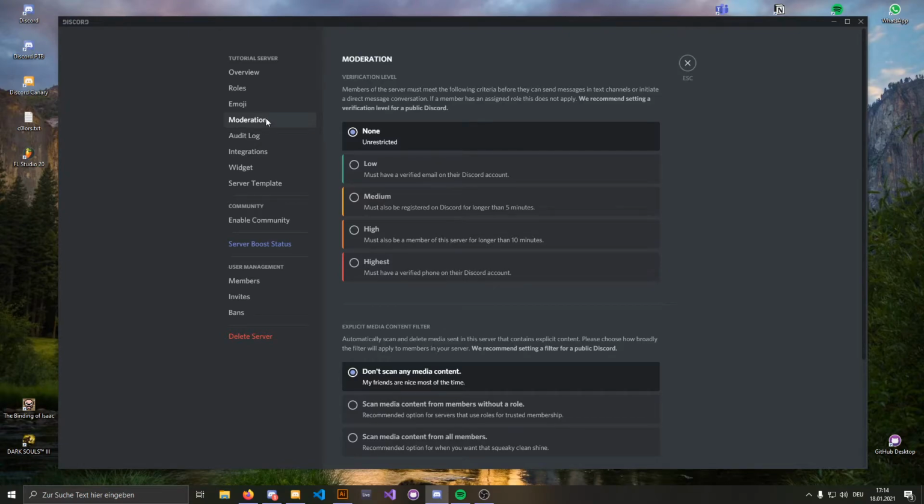This is going to be a new section, and in the moderation section, you can set some standards a user needs to meet in order to participate in the server or interact with it at all. So we have 5 levels: none, low, medium, high, and highest. These all have certain certifications a user needs, and the higher it goes, the stricter it gets. For example, if we're setting it to high, the user needs to be a member for at least 10 minutes. It also needs to be registered for more than 5 minutes, and it needs to have a